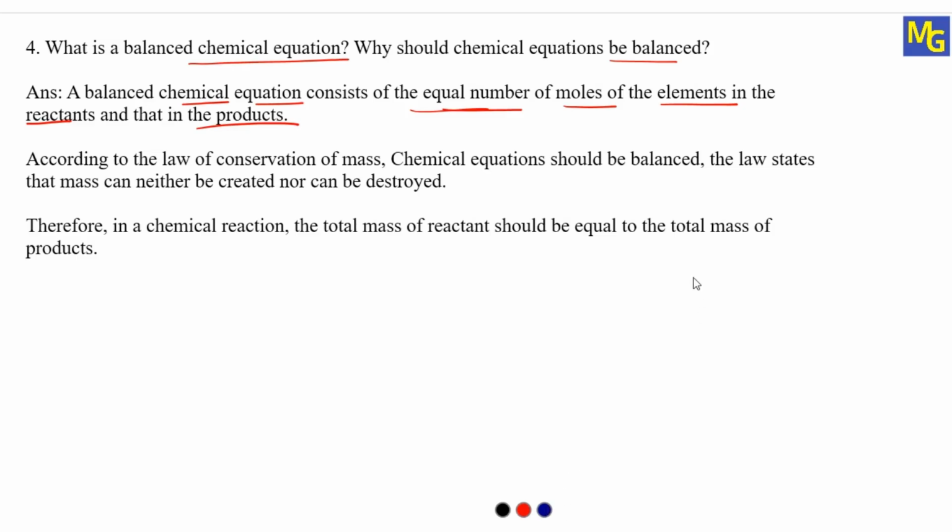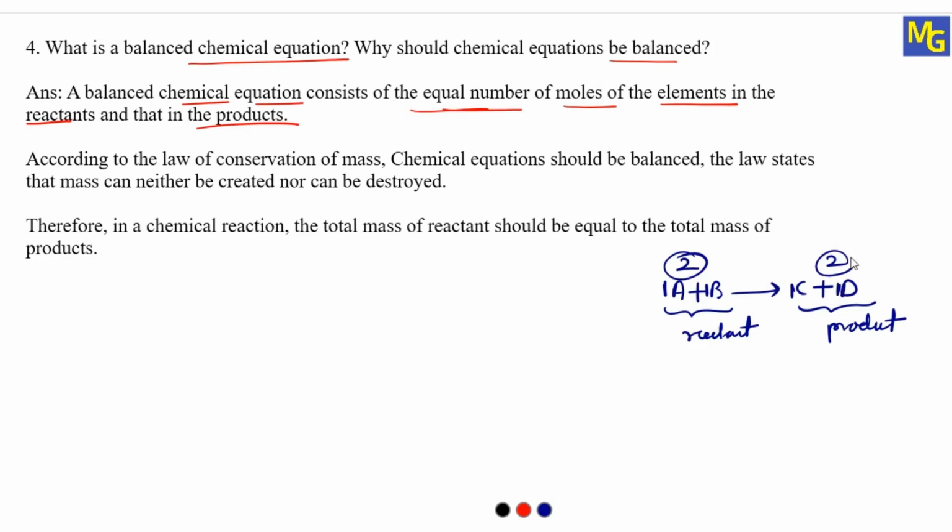So in general, if you see any reaction, A plus B gives C plus D. These are called reactants and these are called products. Now we have to calculate the number of reactants and products. How many reactants do we have? 1. Here also there is a 1. 1 plus 1 is 2. How many products do we have? 1. And this is also 1. So 1 plus 1 will be 2. If the number of reactants and the number of products is equal, then the reaction is called a